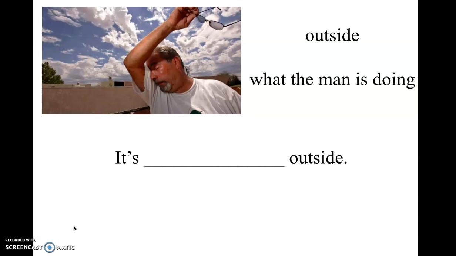So let's talk about outside first. We're going to put some things here. It's something outside. Well, we could say it's like an oven outside, right? If the man was saying it, he would just say it's like an oven out here, possibly. This one's easy to picture because, again, you can picture an oven. Remember when we talked about baking? And it's very hot when you're baking cookies, okay? So it's like an oven outside, right? It's very hot, exceptionally hot, scorching.